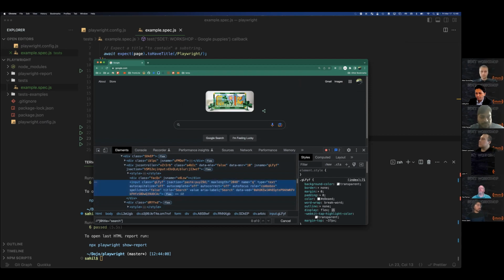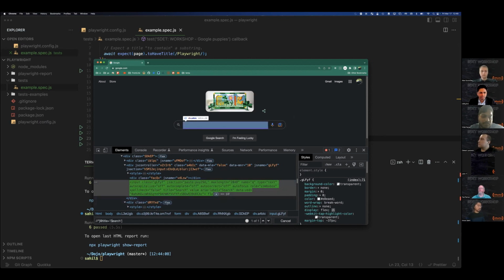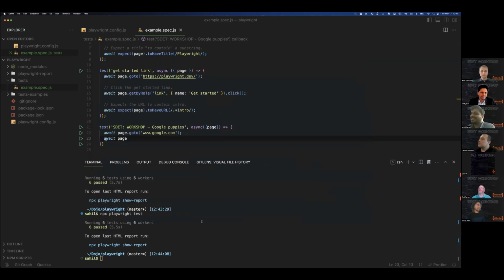Imran, can you use a single quote over there for the search instead of double? Sure thing. And also just realize the search, yeah, S is capital. There you go. Sweet. Just making sure you're paying attention. All right. Okay, so guide me through. What's the step? Yeah, so page.locator, and then just pass in that XPath.